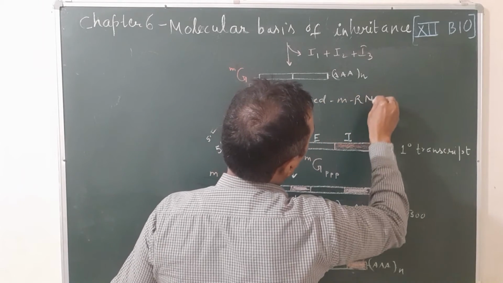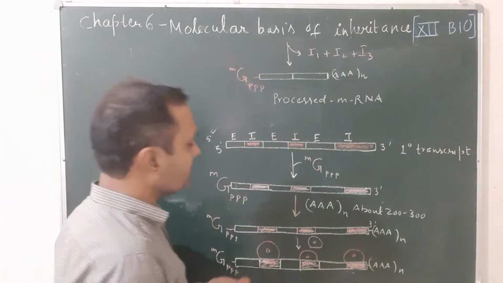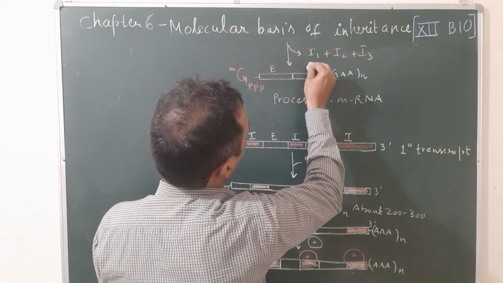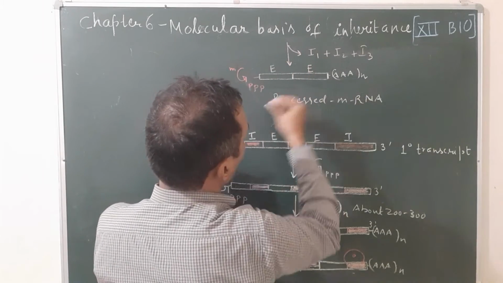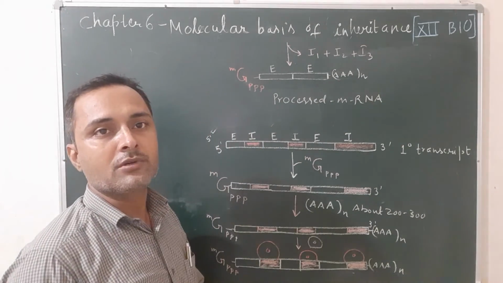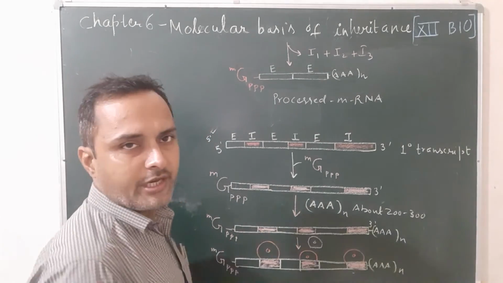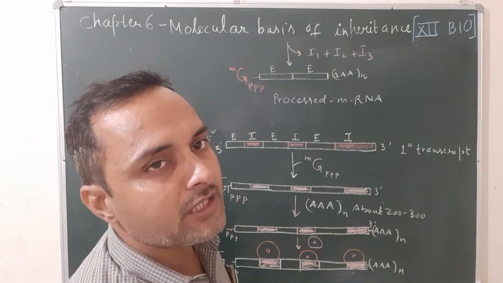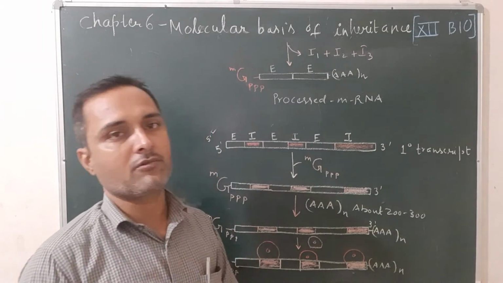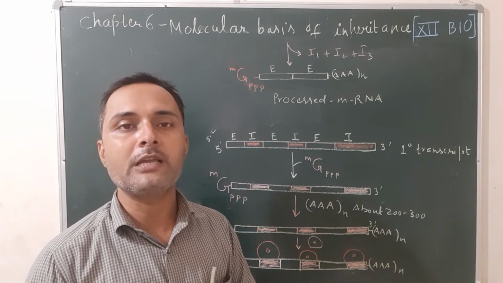What is processed mRNA? This processed mRNA does not contain the non-coding region. It only contains the coding region, that is exons. Earlier there were 2 exons present, and the 2 exons are joined with the help of ligase. Finally, this is the matured eukaryotic mRNA. So this is all about transcription in eukaryotes. This modification is not found in prokaryotes because in prokaryotes the DNA is circular and there is no need of post-transcriptional modification in prokaryotes like bacteria.